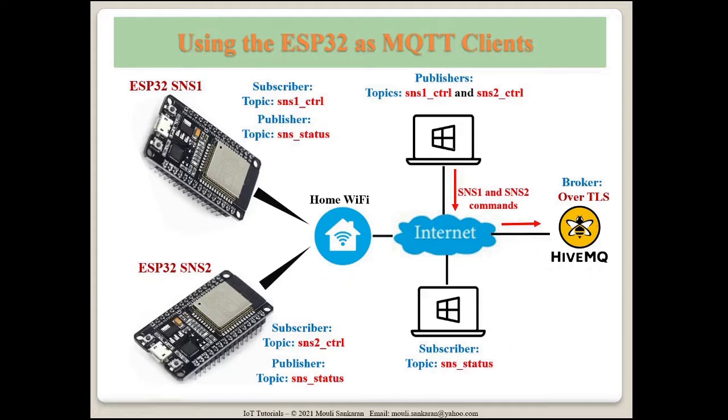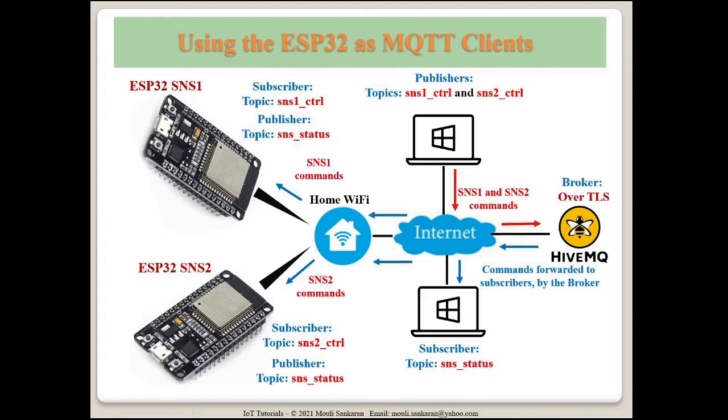Now what happens if I want to control this? What is the control I want to do? Maybe the LED on this, I want to make it blink fast or slow or switch off or switch on. That kind of operation I want to do. So I do it using this channel, this topic. Specifically, if I want to switch off this, then I use this and then say off. If I am interested in switching on this LED, I use this topic and then say on. Now, whatever is the command I send, it goes here to the subscribers by the broker. SNS sensor 2 commands are coming here and sensor 1 commands will be going there.